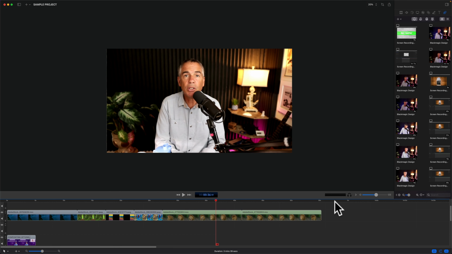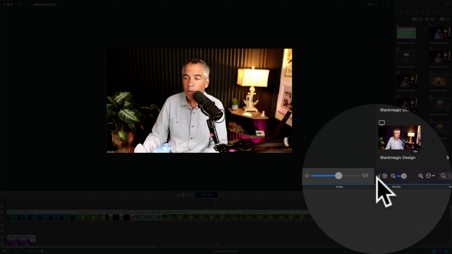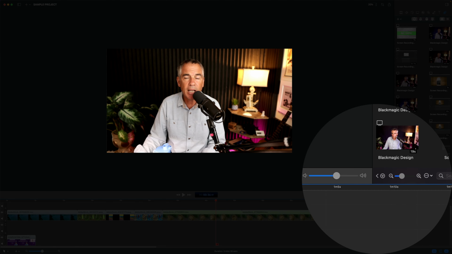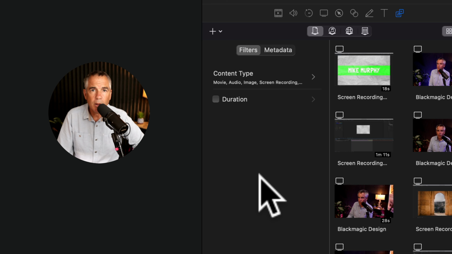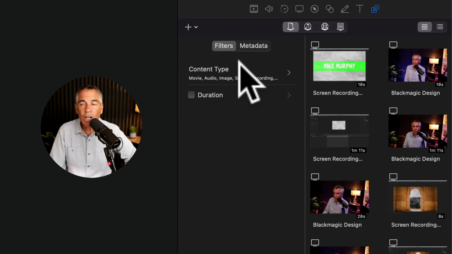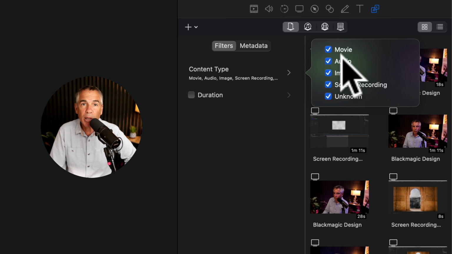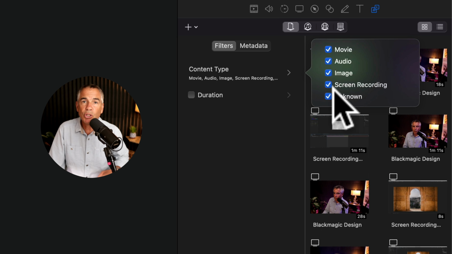To filter or sort the footage or clips that you have in your media bin, come down to the very bottom of the panel. You'll see this left-facing arrow. If you just click on that, it will open this panel here. You want to make sure that you're on the first tab here where it says Filters. And now if you just click right here where it says Content Type, you'll see this little pop-up. And now all you have to do is just check or uncheck to sort or filter by the type of